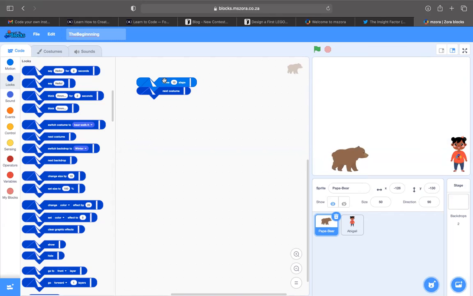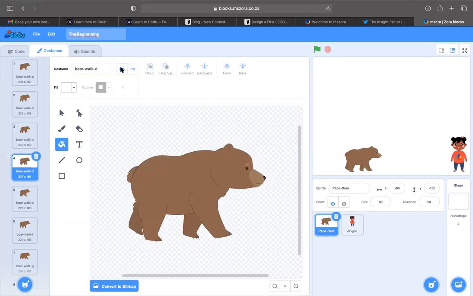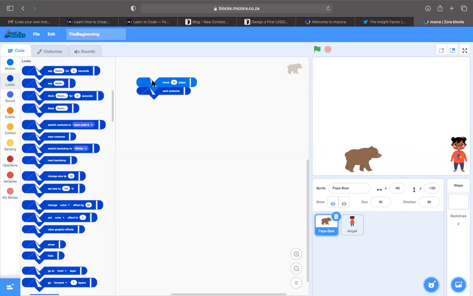Whenever we click, our bear moves and it moves the costume as well. It moves accordingly, all right?